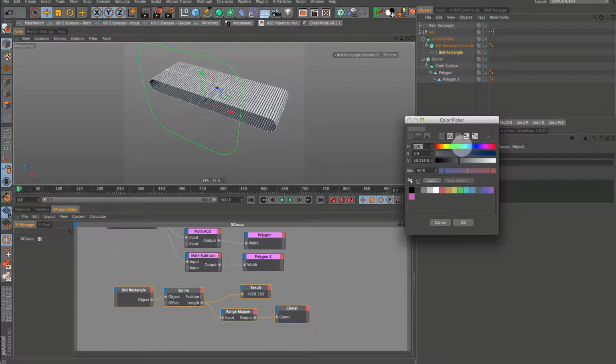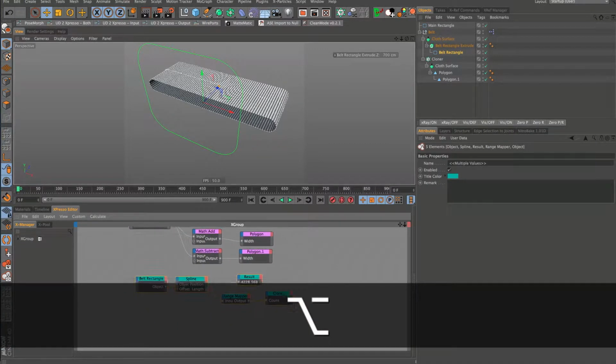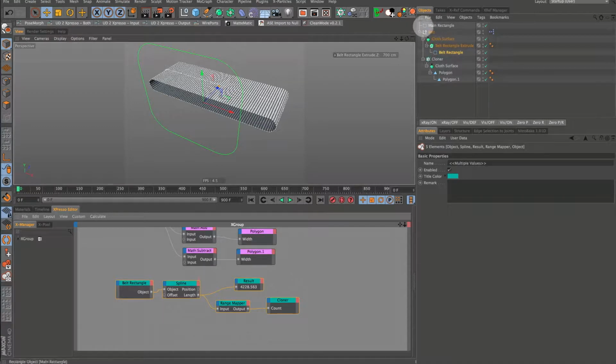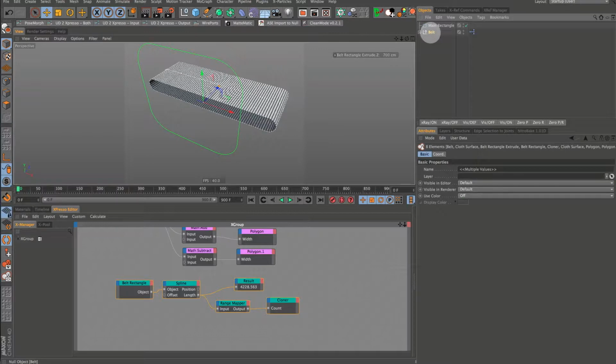And let's see if we use blue in there. I don't even know. Okay, that's good enough. Just something different so you can tell the difference. All right, because we're going to make a duplicate of this belt setup, I'm going to middle mouse click this,